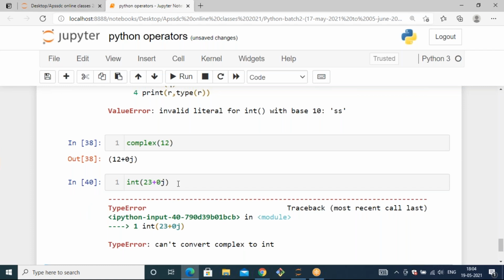Basically you need to focus on typecasting for string to integer and integer to string only, because Python takes dynamic input as string only. So in that case, we mostly focus on typecasting integer to string and string to integer. If you want to explore all those other things like complex to float, string to complex, try to do it yourself.